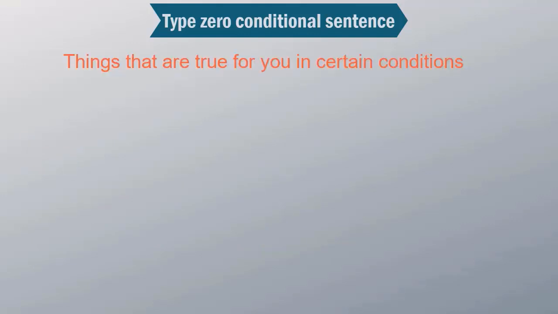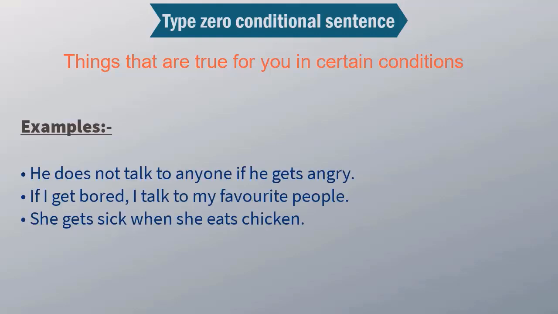Now, we can also use zero conditional to talk about things that are true for you, not for the universe, but for you. Examples. He does not talk to anyone when he gets angry or if he gets angry. If I get bored, I talk to my favorite people. If I get bored, condition, if this happens, something happens. What is that? I talk to my favorite people. I do. And that is true for me, right? Whenever I get bored, if I get bored, I talk to my favorite people. Condition,